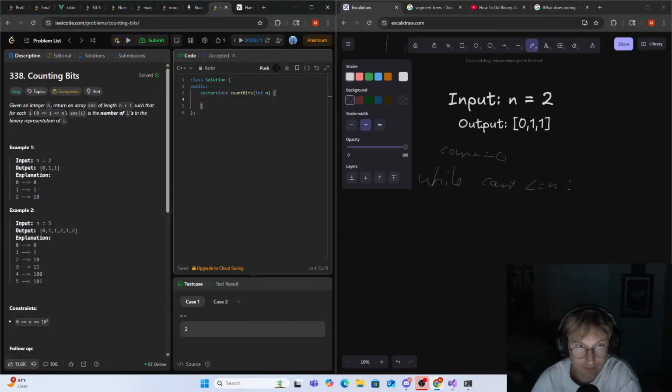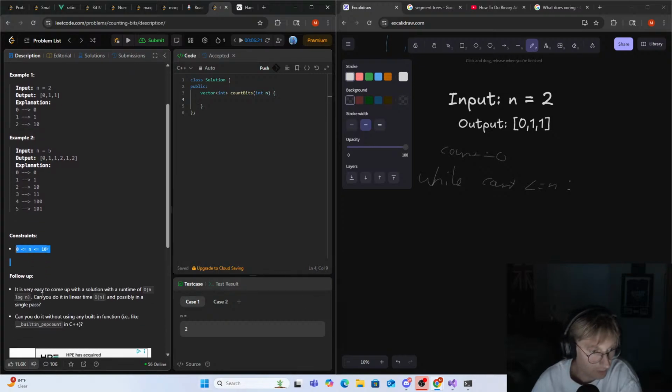I don't know. Maybe it's very easy to come up with an O(n log n) solution. Can you do O(n) possibly in a single pass? Any built-in functions, built-in popcount in C++? I mean, if I did it the same way as before,